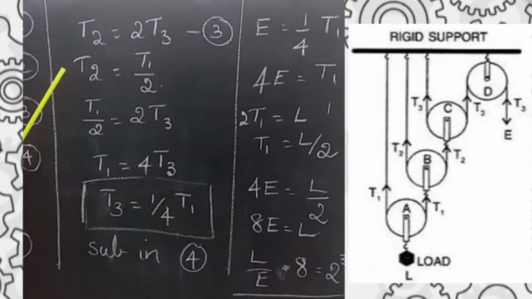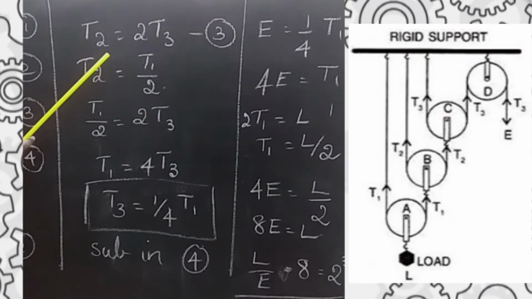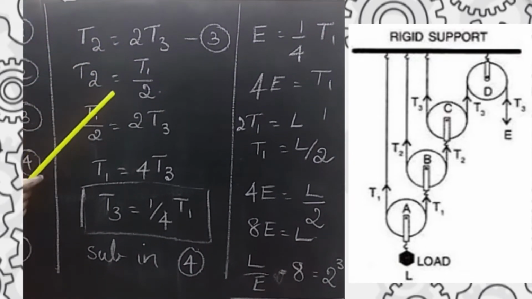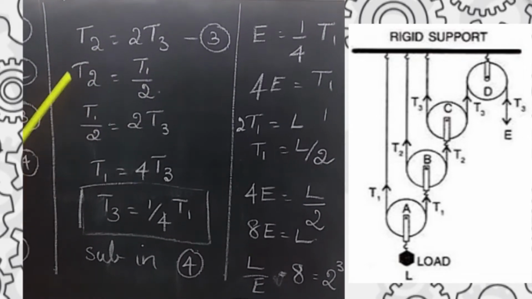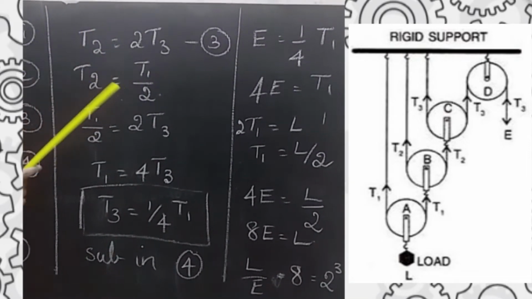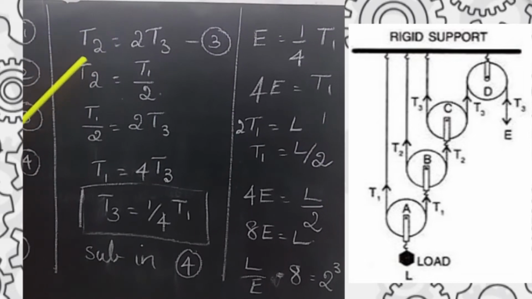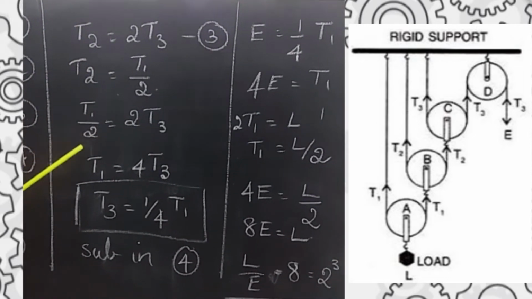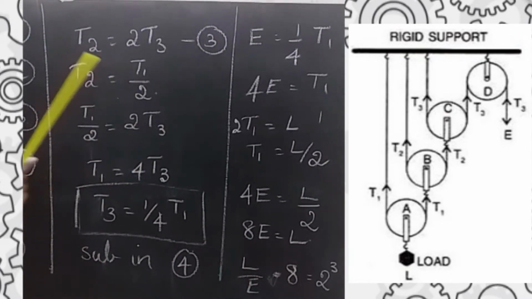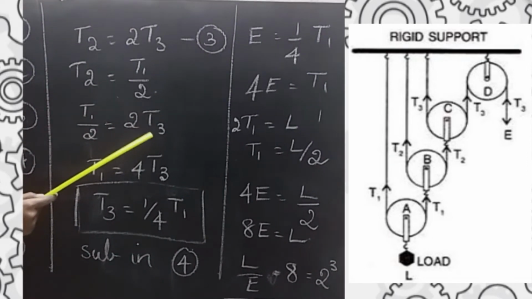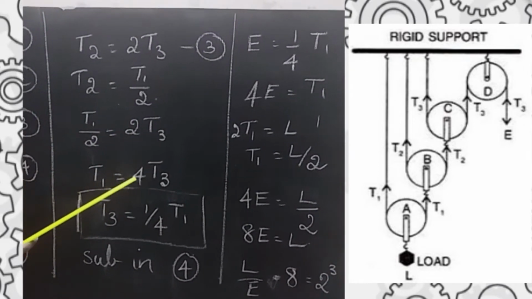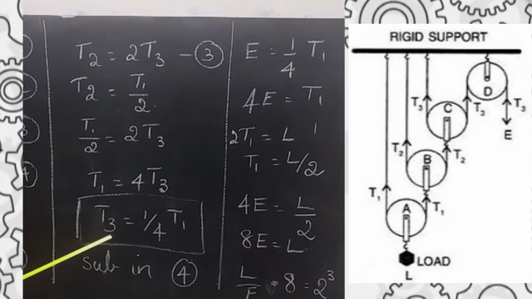So we'll move on to the third equation. Our third equation says T2 is equal to 2T3. What is T2? T2 is equal to T1 by 2. This is what we got from the second equation. So I'm going to substitute this in the third equation, putting T1 by 2 in the place of T2. What will my equation become? My equation will become T1 by 2 is equal to 2T3. So now I have T3 in terms of T1. I can cross multiply, so T1 is equal to 4 times T3, or T3 is equal to 1 by